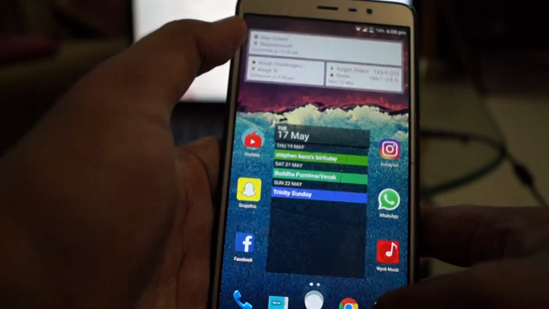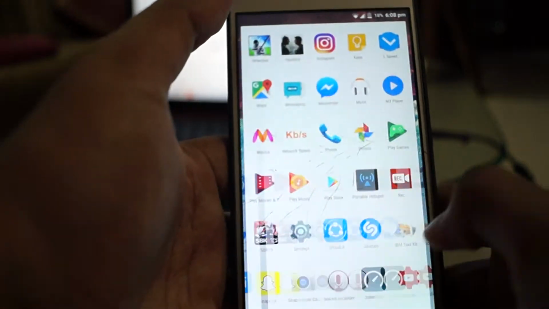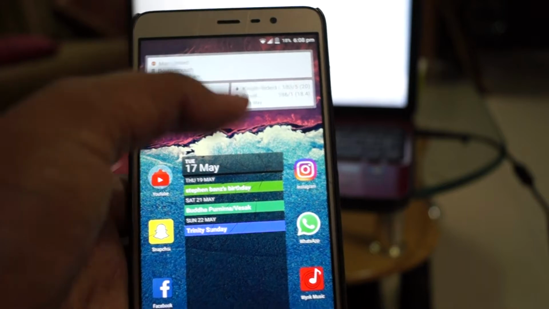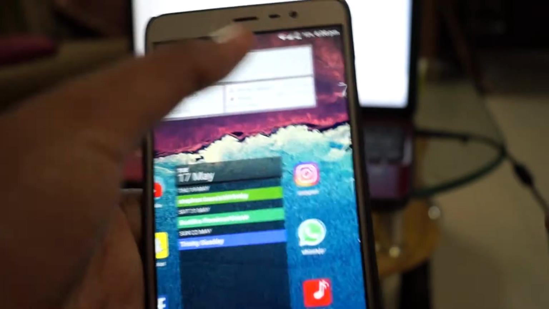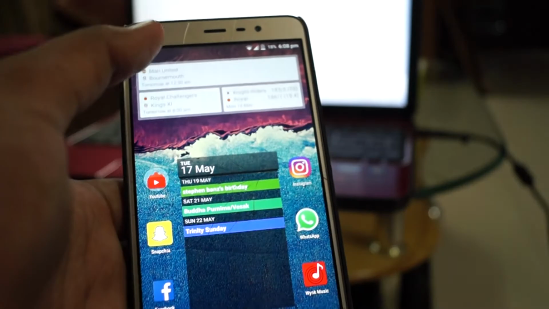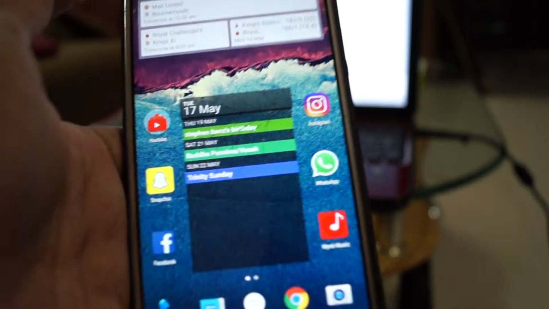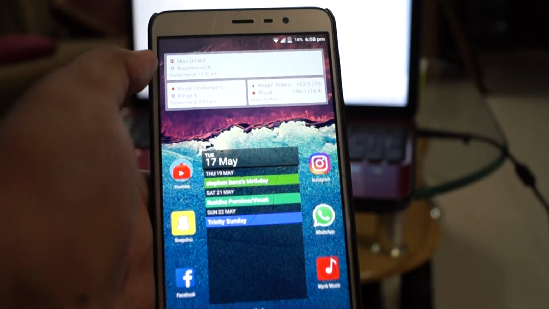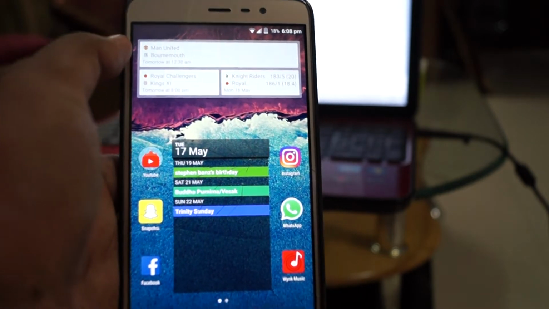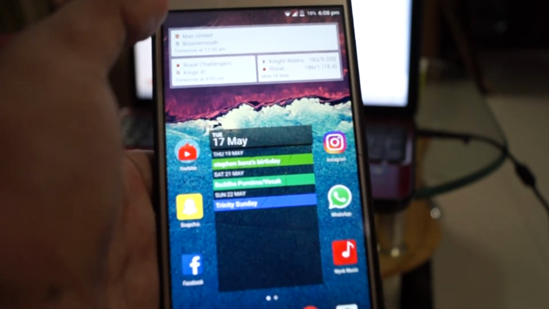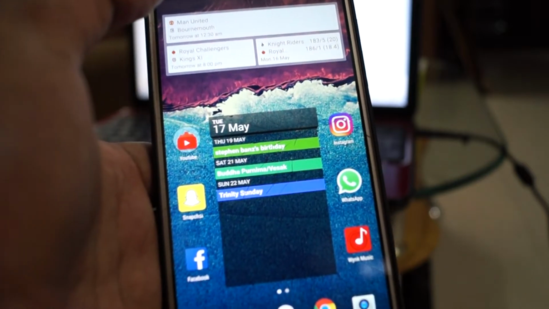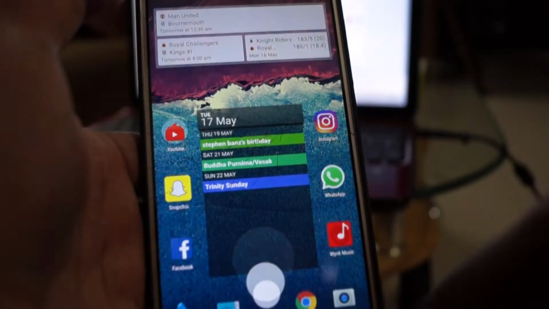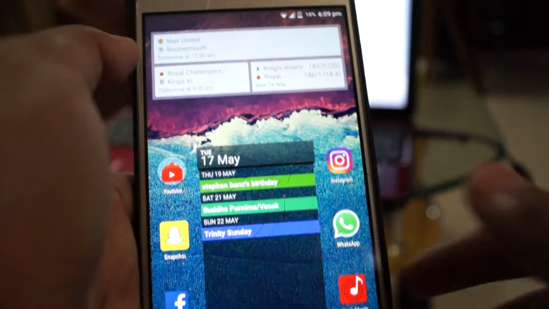And some of the apps get crashed, and some of them don't open. That's the main issue here. The third thing is the performance glitch. Basically, when you're playing games on this phone with this ROM, when you get some ads and go to cancel them, the game gets stuck, even the phone gets stuck. Sometimes the phone gets stuck when you use a lot of apps together, jumping from one app to another. That is the main issue.